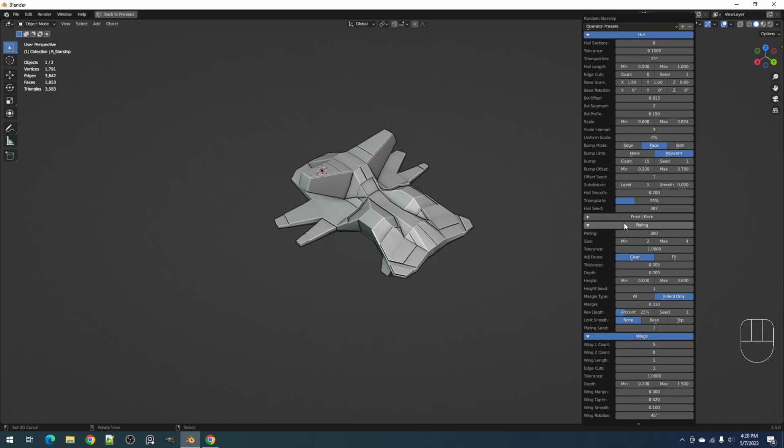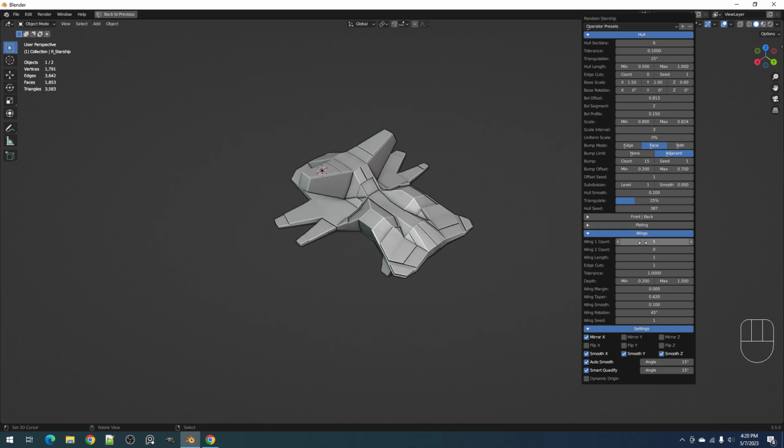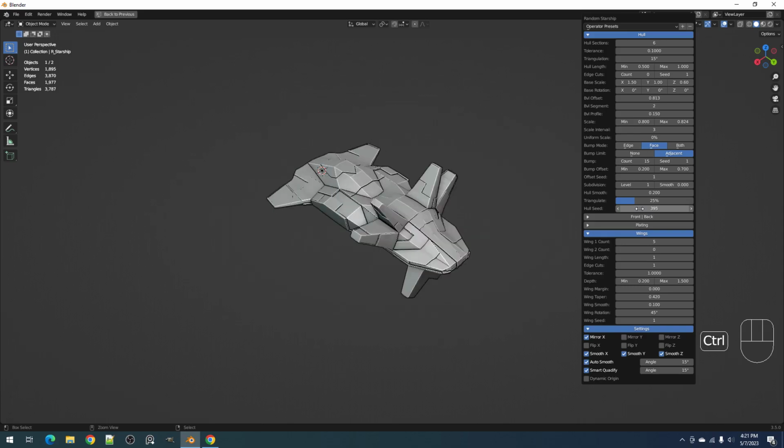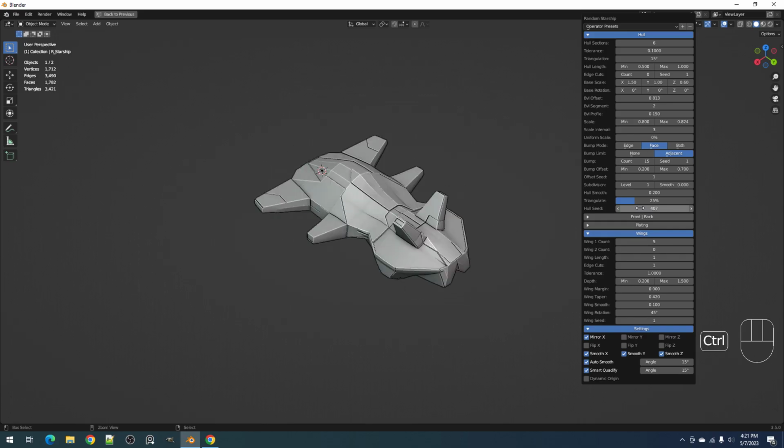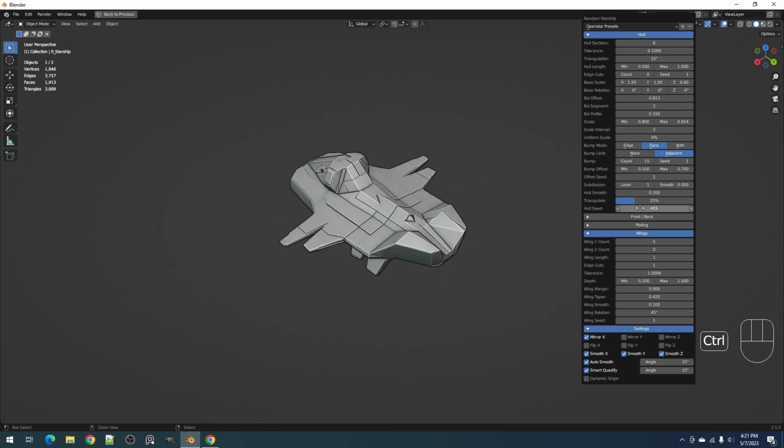Let me smooth platings, and the number of wings in the wing 1 count property and also in the wing 2 count property. So they all contribute to increasing the resolution. With increased resolution comes an effect on the speed of the operator. So when you're playing around with the values, for example, looking for the shape that you want in the spaceship,